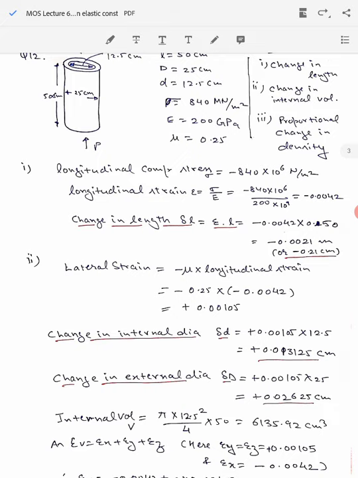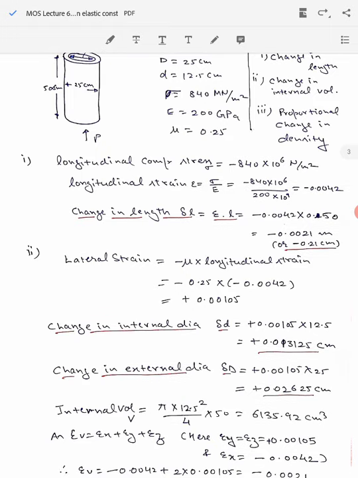So longitudinal strain was minus 0.0042. So we multiply with minus 0.25. That gives you the positive 0.00105. That means the lateral strain is positive, means the diameter is going to increase, right? So we always know that the applied strain in one direction will produce the opposite kind of strain than the other directions. So the change in the internal diameter will be plus 0.00105, that is your lateral strain, multiplied by